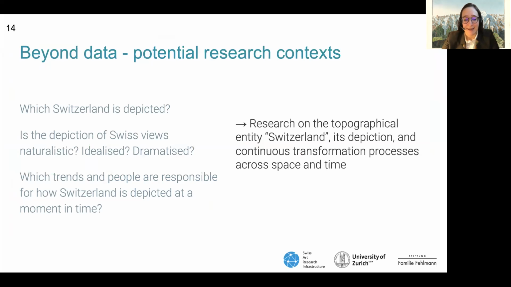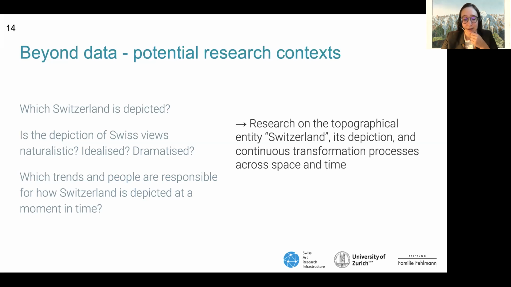Finally, when working with linked data, there are obvious research questions that you can try to answer with data directly. And then there are research questions where analysis of linked data is not the ultimate answer, but a building block in the process of answering a wider research question. By seeing how Switzerland had been depicted over time, we do hope to gain information that contributes to discovering trends in the style of depiction, for example. Those findings can then again be interpreted more interdisciplinarily, for example, in the context of what a dramaturgization of viewpoints had happened during a specific area or during a specific time period.